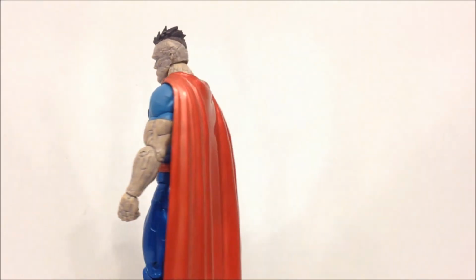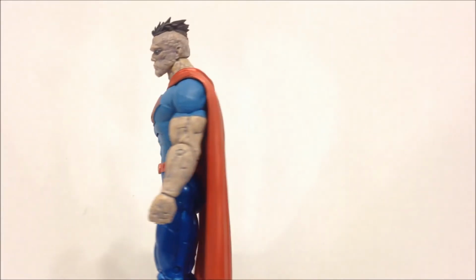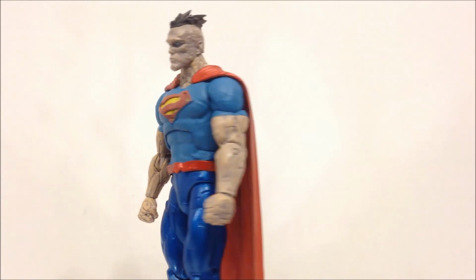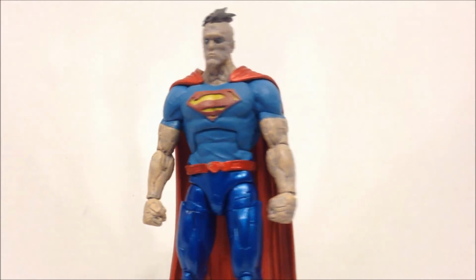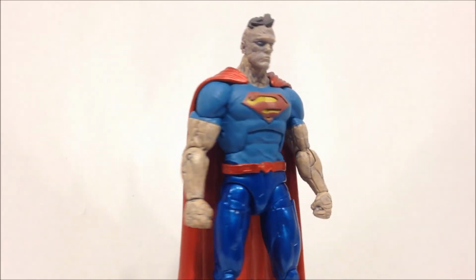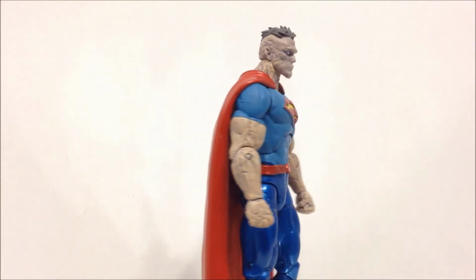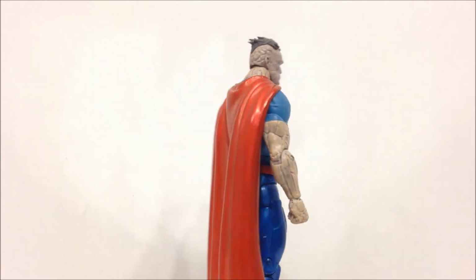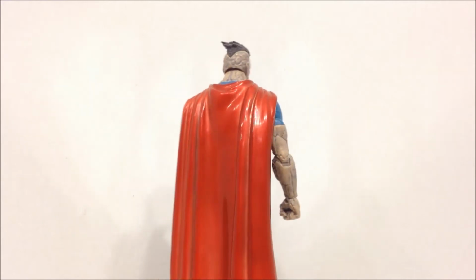Number 10, the DC Collectibles Bizarro New 52. Now, the New 52 is another one of those things that invokes strong emotions in DC fans. Whether it be fans of the comics themselves or collectors, people are very emotional about the New 52. Now, the new version of Bizarro, as you can see, is quite different than any other Bizarro that we have